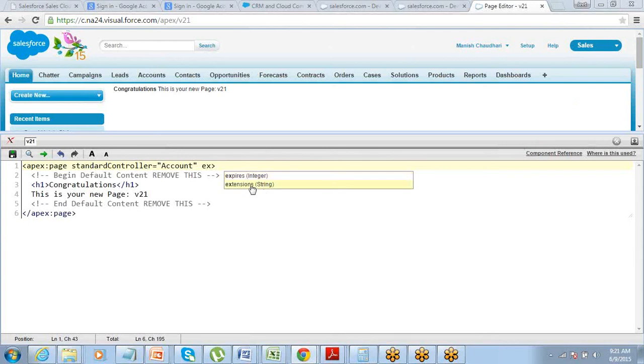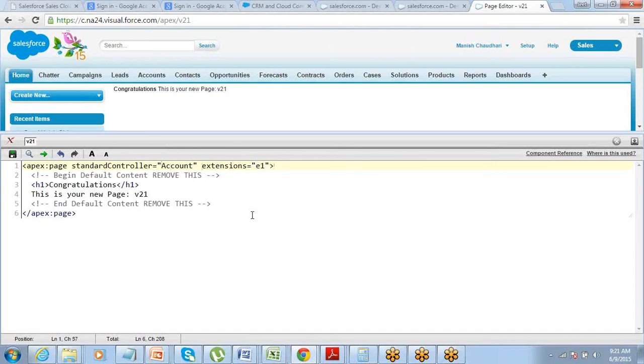So now basically what I'm trying to do here is I want to use the standard functionality of the account standard controller, right? But I need one custom method. So for that, I'm calling an extension. Call the extension E1 here. So this page becomes a combination of a standard and a custom controller now, basically, right? So the standard controller by default, I'm calling the account standard controller and I'm calling the extension also.